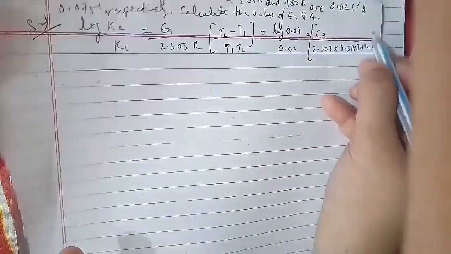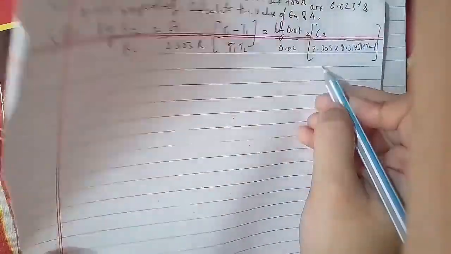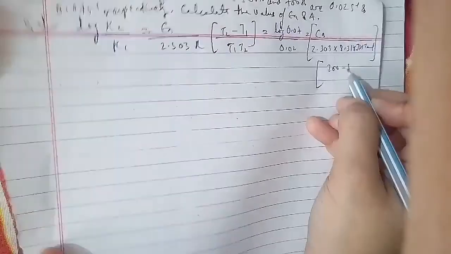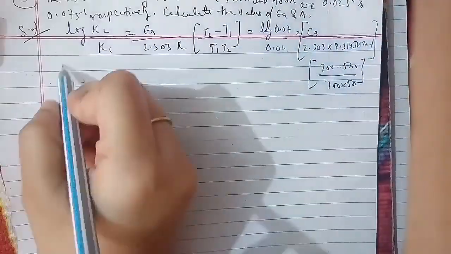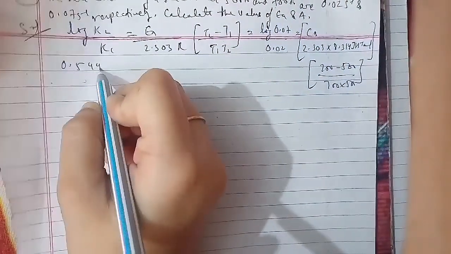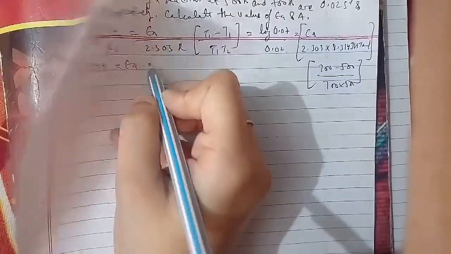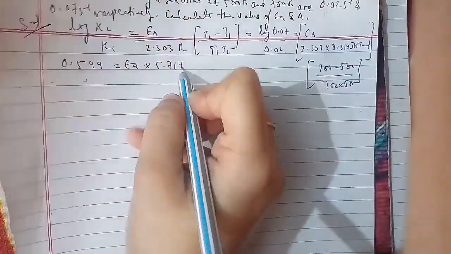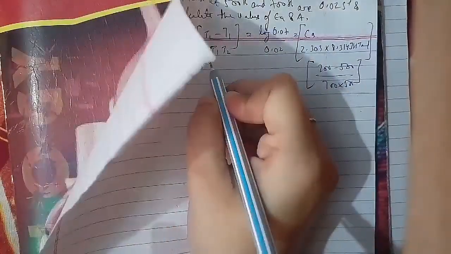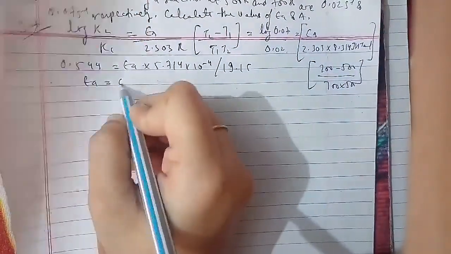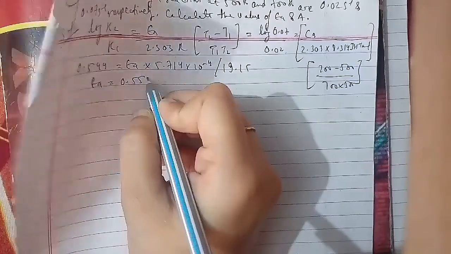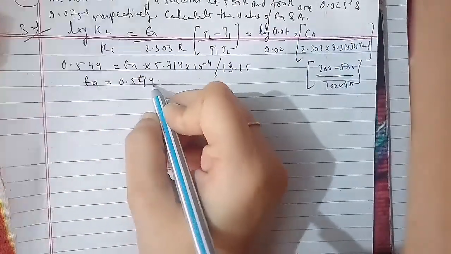Then 0.54 equals EA multiplied by 5.714 into 10 to the power minus 4 by 19.15. Then EA equals 0.544 into 19.15 upon 5.714 into 10 to the power minus 4. When we solve it further, we will find